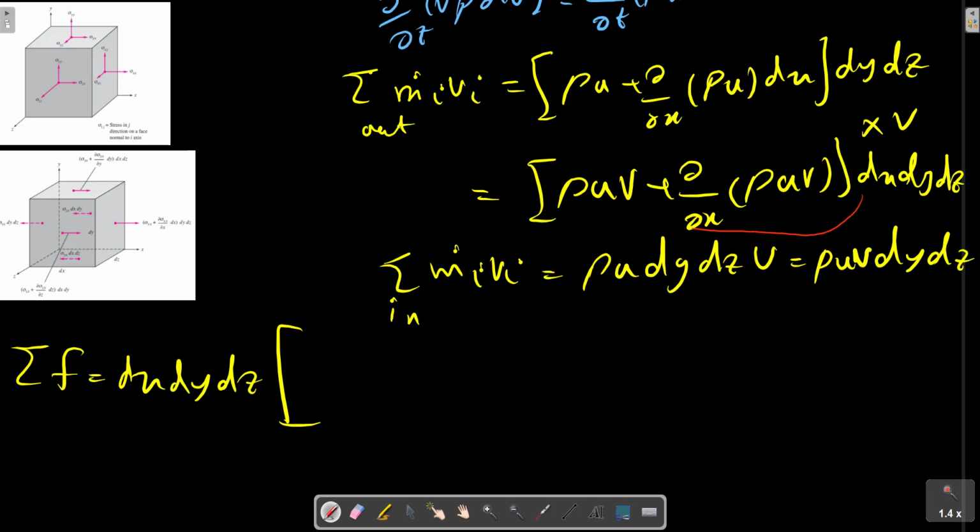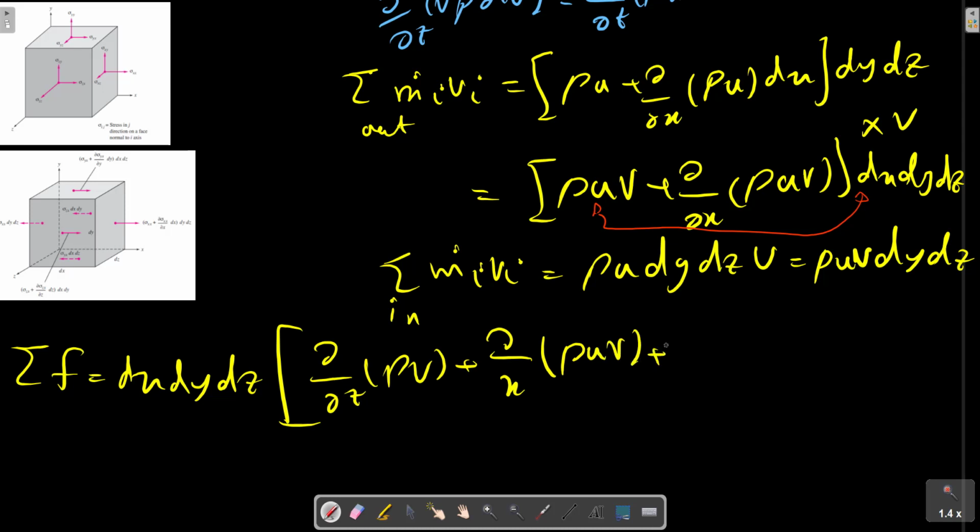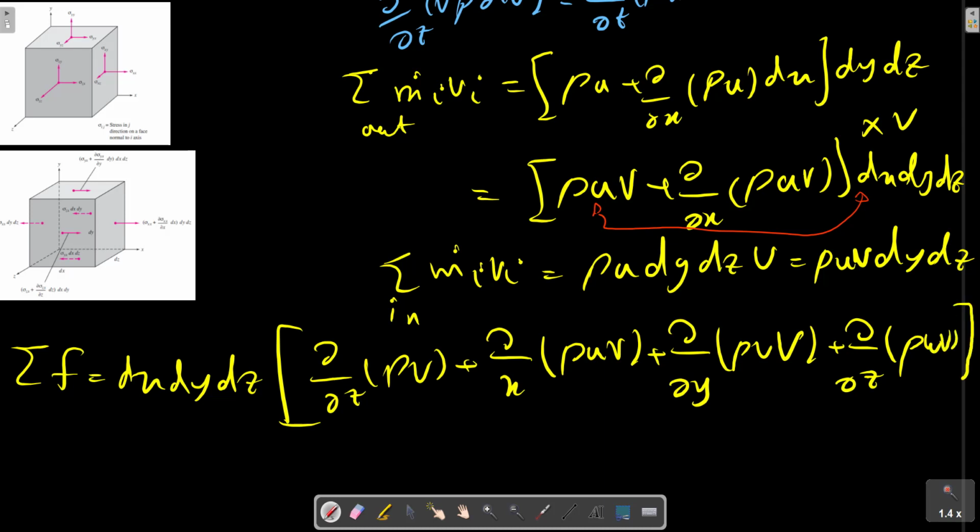For example, these two have the same magnitude as the inlet flow and are eliminated from the relation, and the final relation is